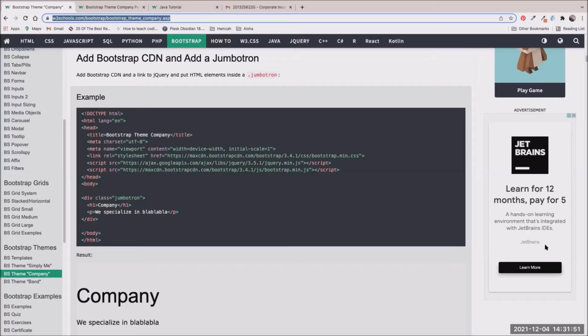Create one subfolder, images. Okay. Once you have done that, inside the website folder, create